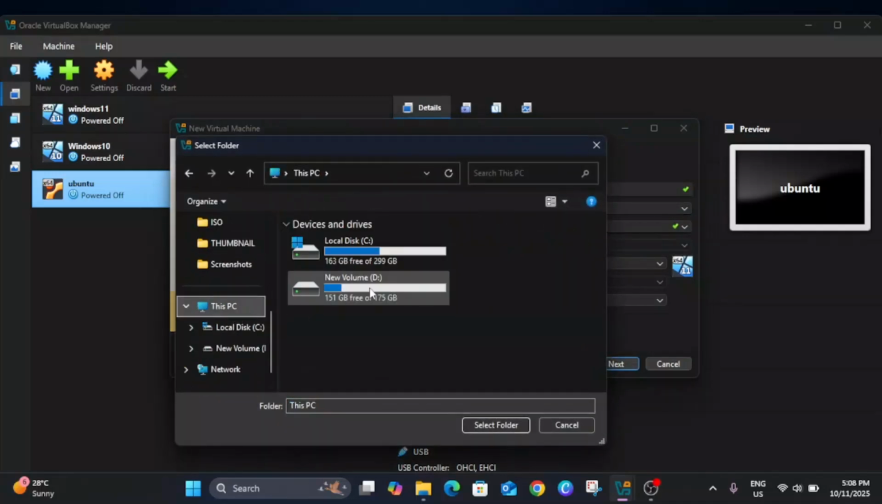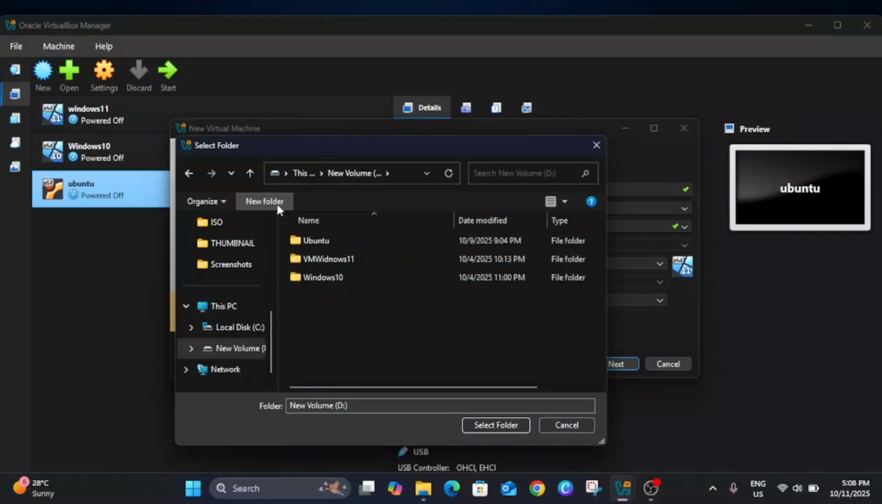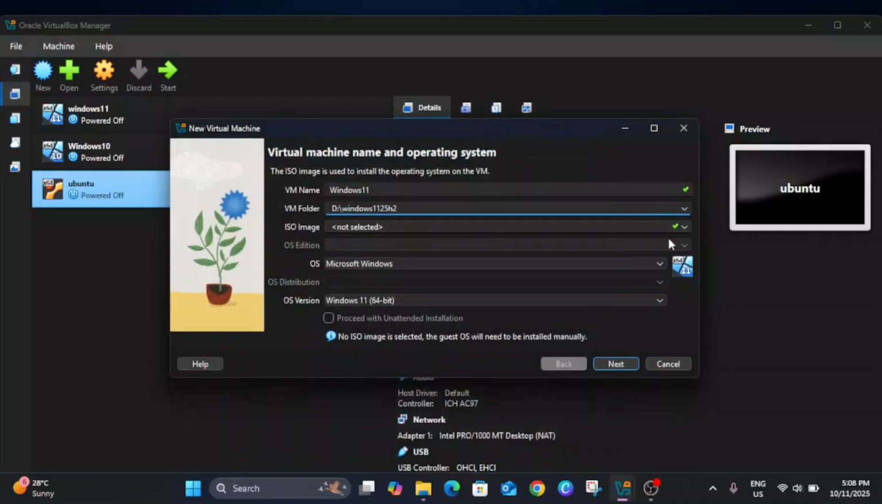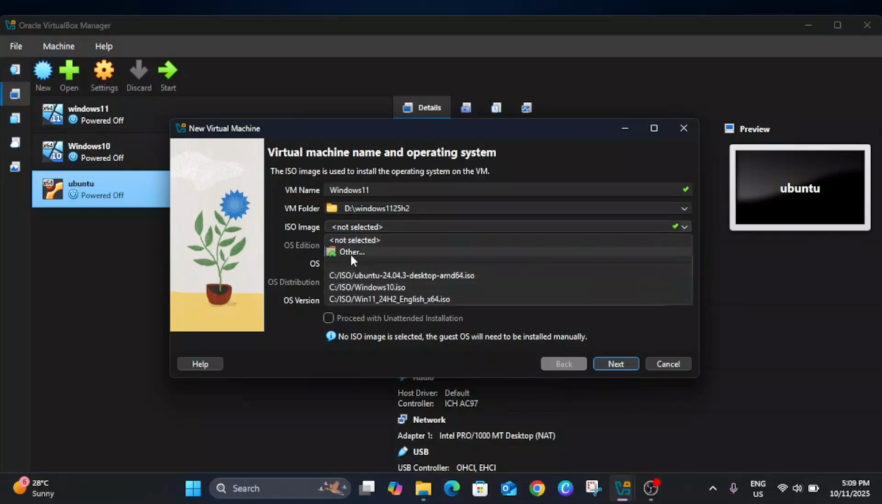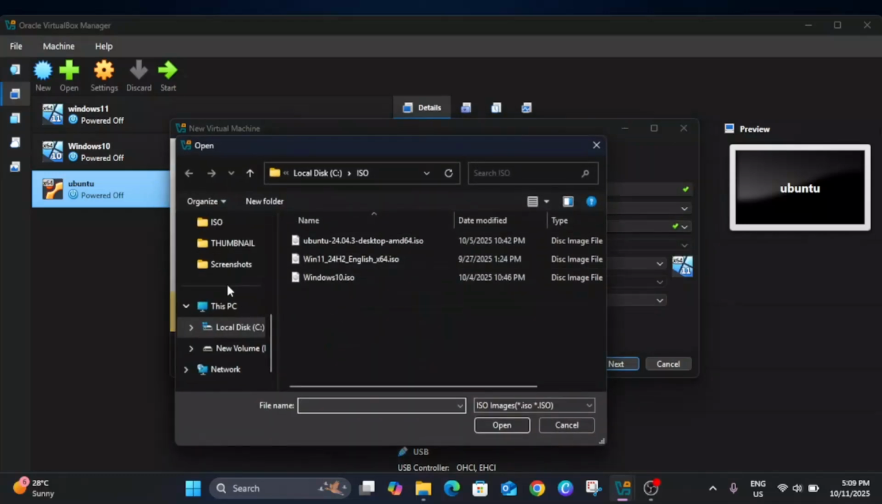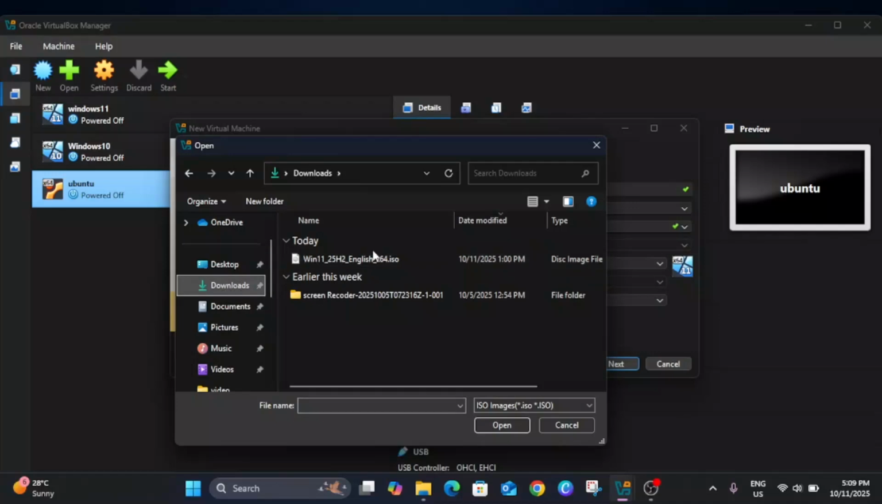to D drive, and making the folder Windows 11 25H2 like so, and select option disk image. You can select here other and go to the download. Here you can see this is the latest ISO file,